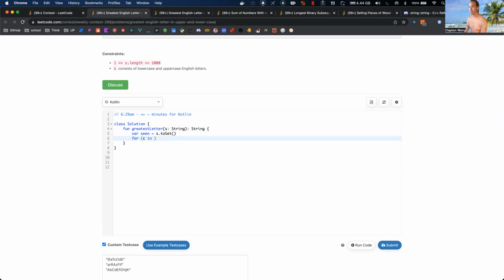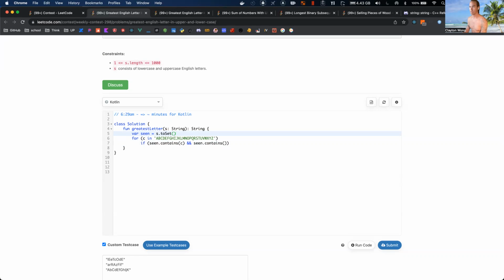Or character in maybe C, D, E, F, G, H, I, J, K, L, N, O, P, Q, R, S, T, U, V, W, X, Y, and Z. So seen that contains C and seen that contains. Actually, let's do